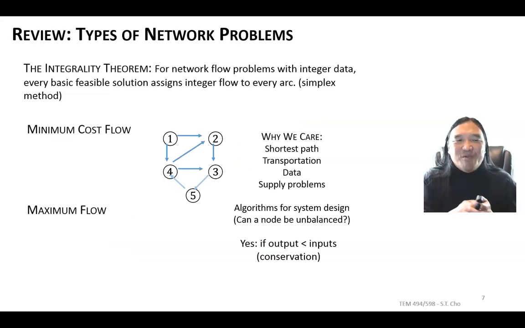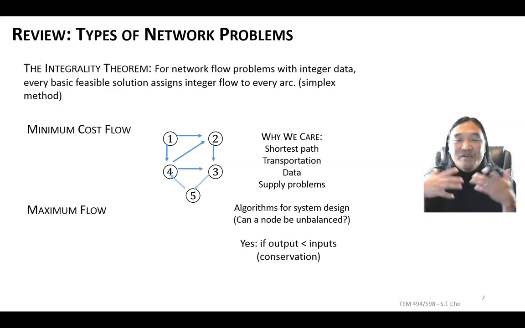Now, when I look at network problems, it pretty much comes down to minimizing cost or maximizing flow. And the integrality theorem just means that if I use integer data, then my arcs have to have integer answers. And this is referred to as the simplex method. Remember when we went from node to node to try to optimize something? Why do we care? These are problems for transportation, for data, and it's the foundation of network calculations,